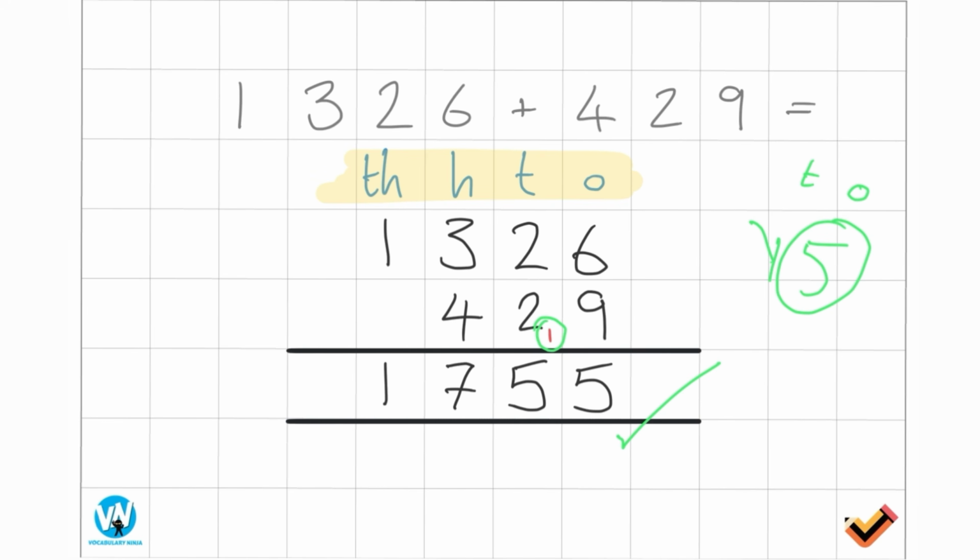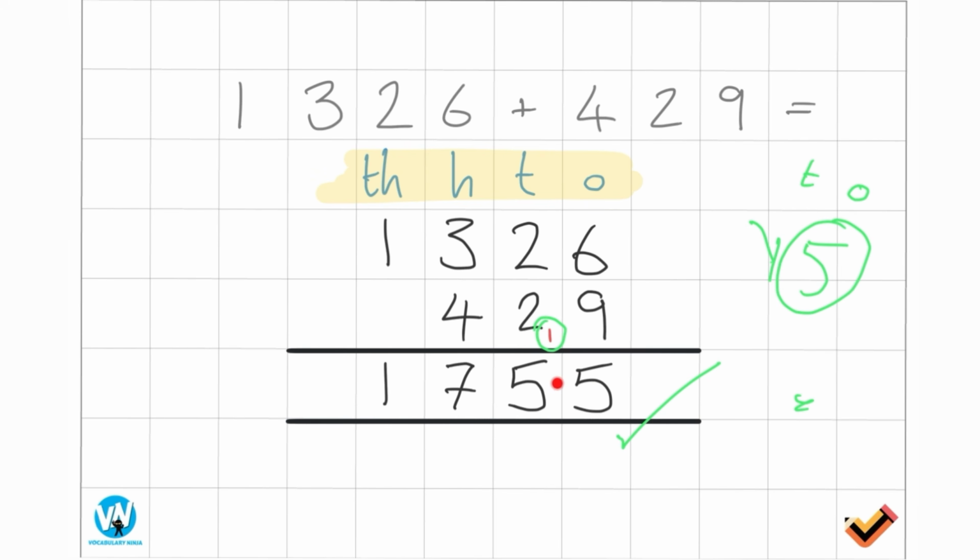Okay. Now these videos all really work on the premise that as year 6s, you have a good understanding of addition as it stands. So essentially these videos should be a little bit of a recap. Everything that I'm talking about should be fairly known to you, and this concept of exchanging and carrying